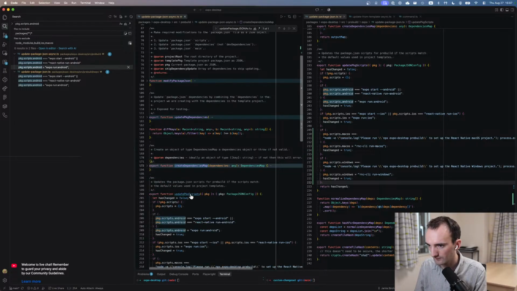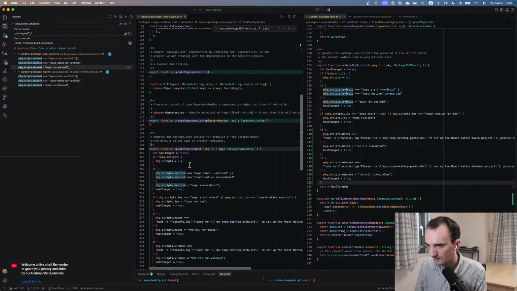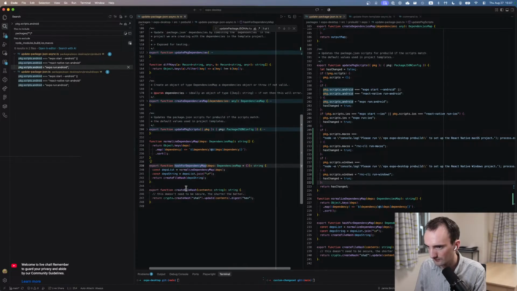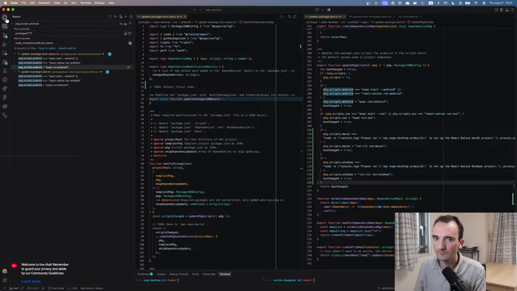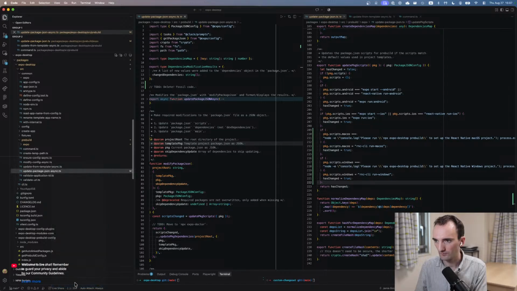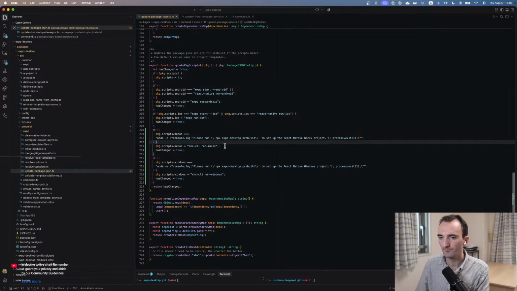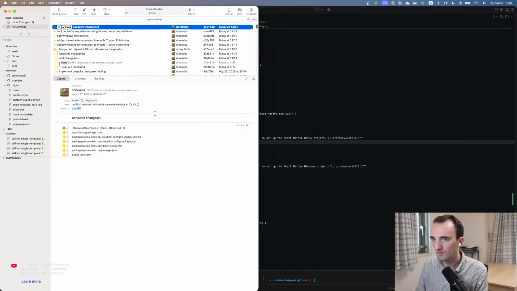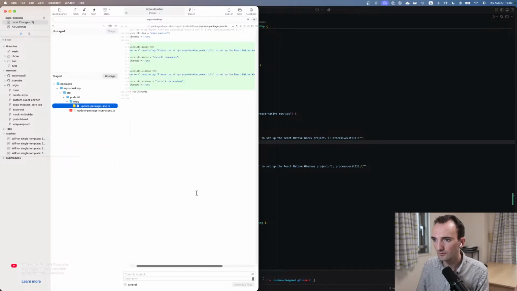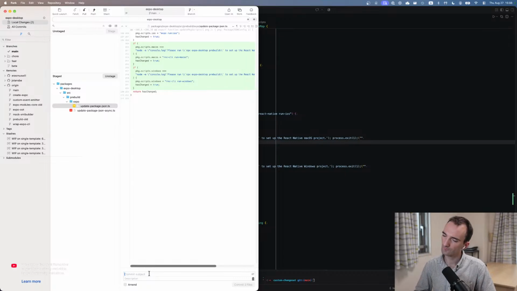Just seeing if I can safely delete the whole file. This is only used in here. Hash for dependency map is only used here and create file hash strings. Okay, so we should be able to delete that altogether. And then do a fix